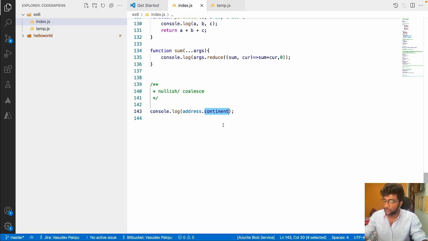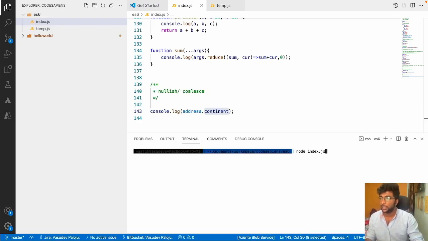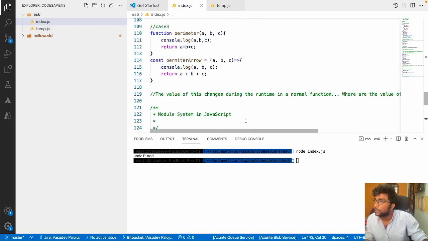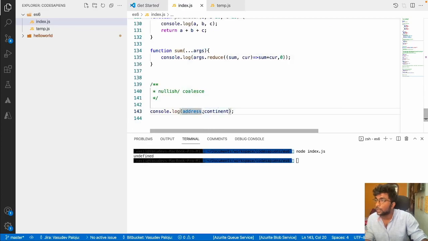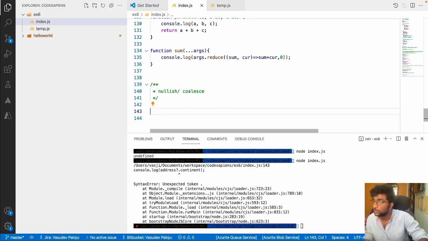If it is not present, then I'm sure, because sometimes the backend is returning the data, sometimes it is not returning the data. So in these cases, if you run this code, it is throwing an error at address.continent, right? And same way, if I use this operator,